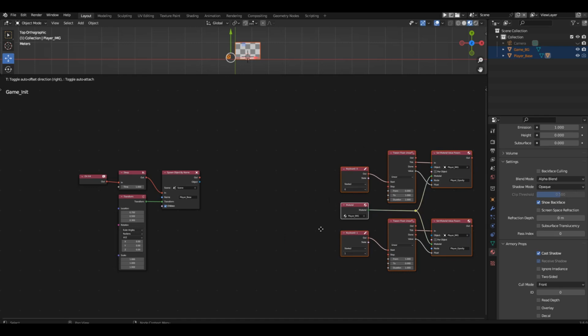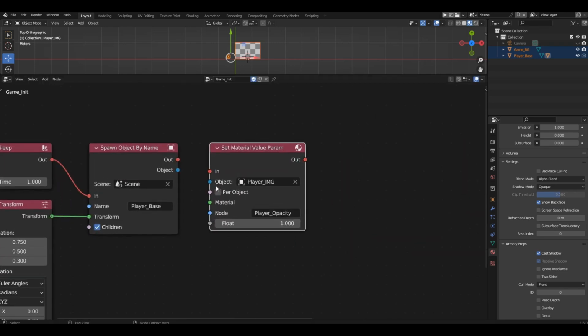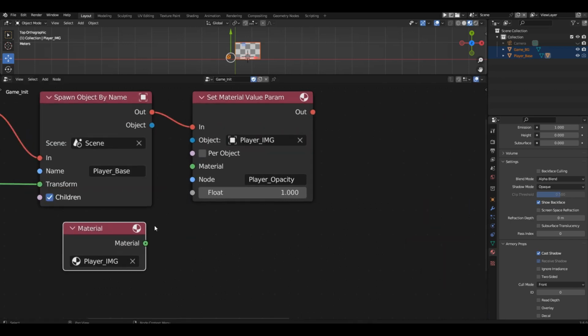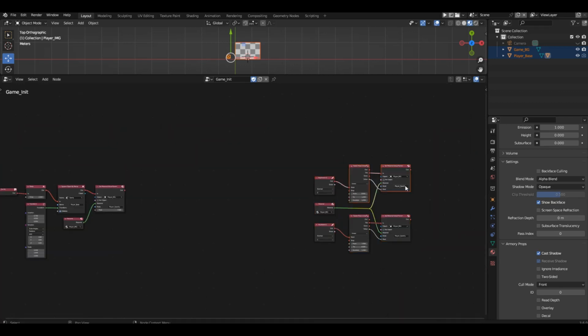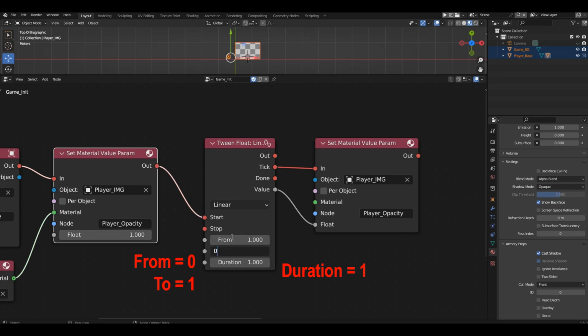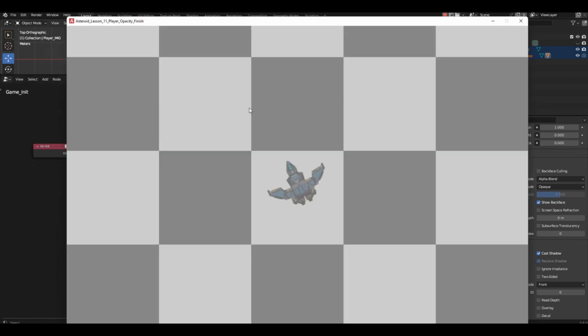After creation, the spaceship should be completely transparent. Therefore, we must set the transparency to 1 right after spawn. Note that we cannot do this before the object is created, because the object doesn't exist yet. Now, increase the opacity from 1 to 0 over the course of a second. Don't forget to specify the player image object. Also, make sure to specify the material for both opacity change blocks. Start the game. Does it look better now?